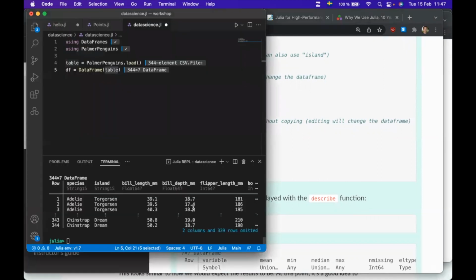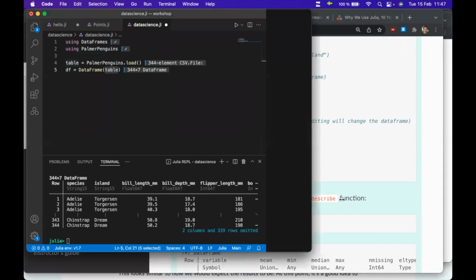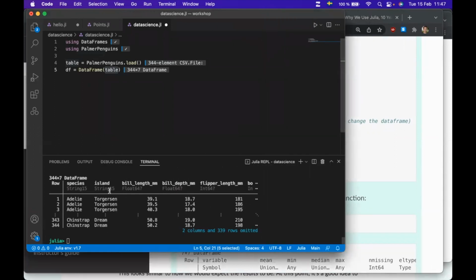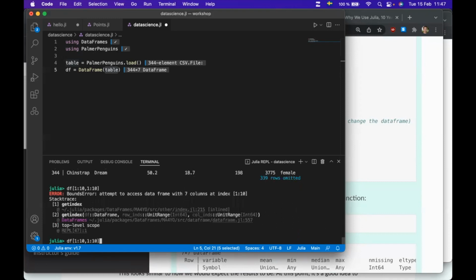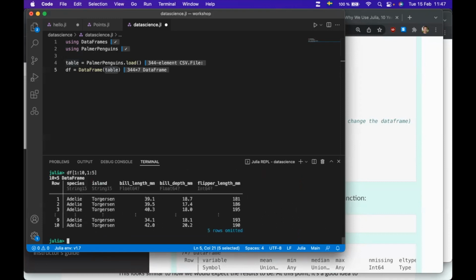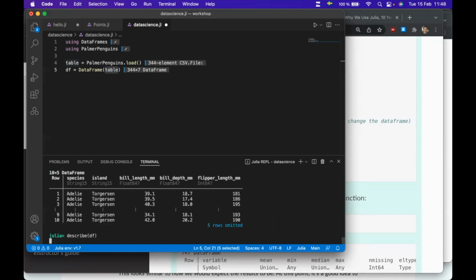So here's our data frame now. I will just increase the size of the window for a second. I can type df, and yeah, you see there's a nice tabular appearance here. I told you about these slicing methods and so on. I don't need to go through them all. I want to highlight the describe function. So I think this has similar versions in R and Python. So if I type describe(df),